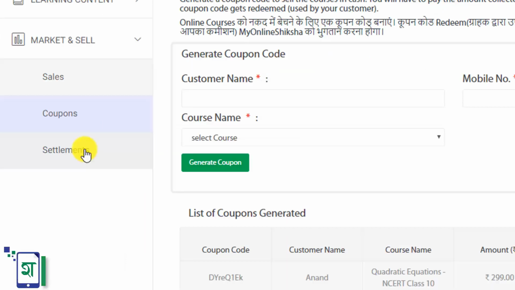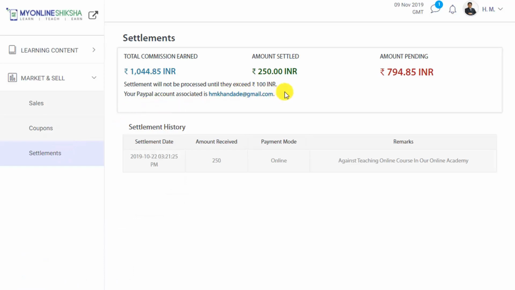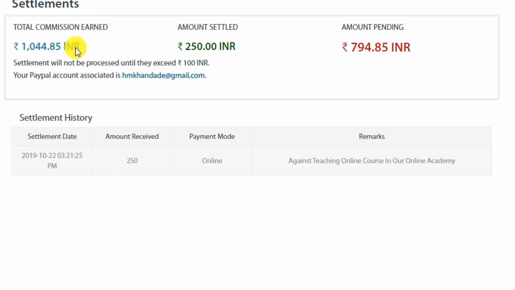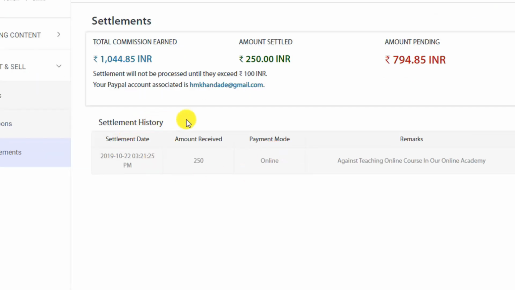Now coming to settlements. As soon as you click on settlement button, it will redirect you to the settlement page. This is our settlement page. This will display the total commission earned, the amount settled by us and amount which is pending. This will show which account is associated with us for the settlement. Here, you will be able to see the list of successful settlements carried out by us, settlement date, payment mode,